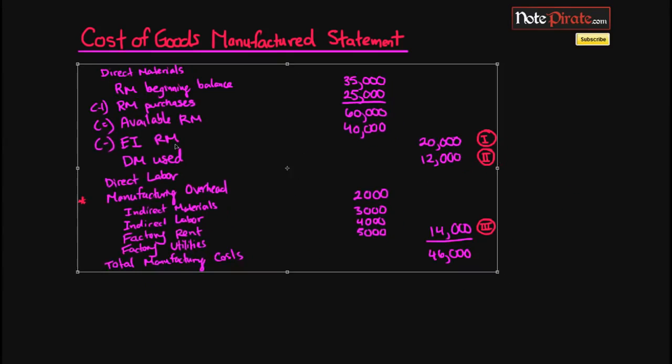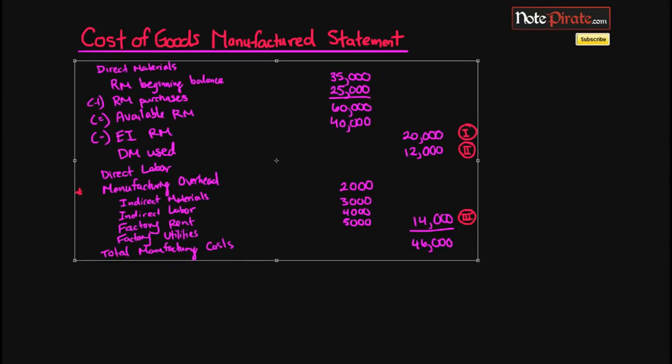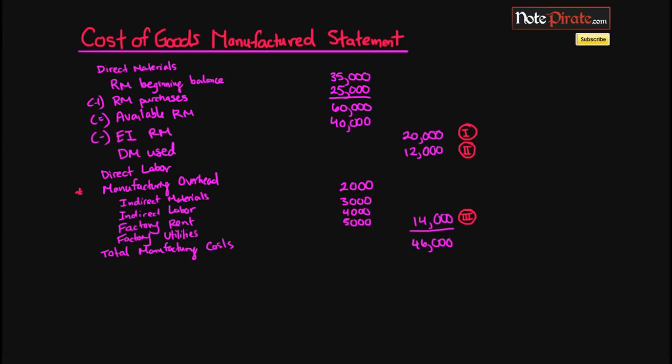I think that should be enough room. Maybe a little bit smaller. Hopefully you can still see it. So the next part, we're going to be adding the work in process beginning inventory, which is $17,000, which I have written down on my whiteboard. Subtract the work in process ending, let's say it's $14,000,